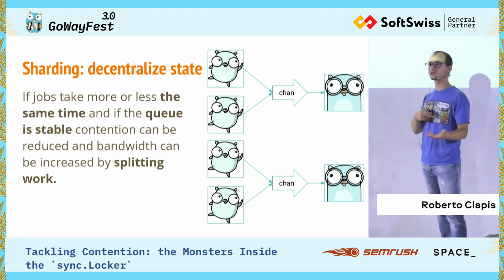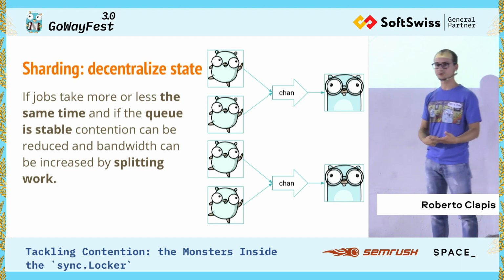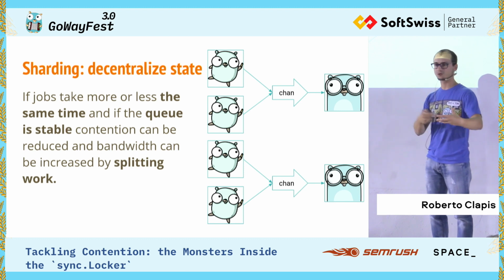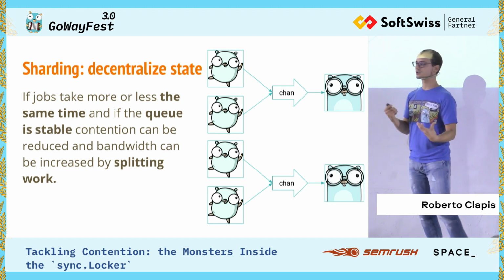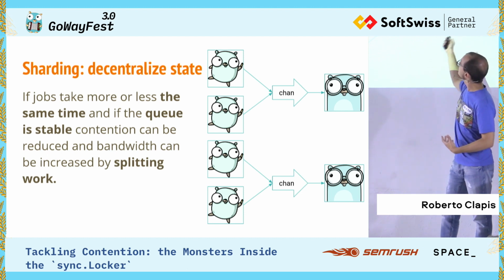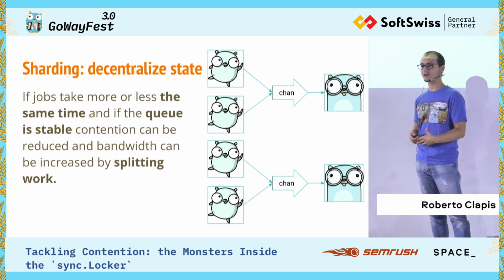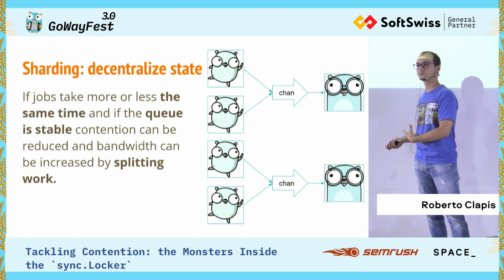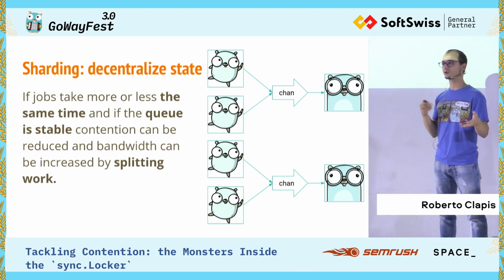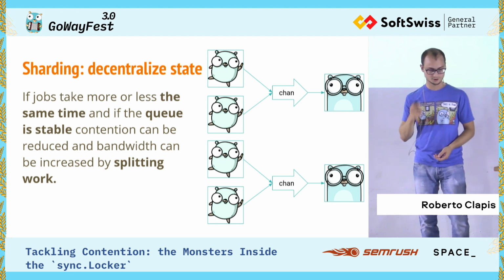This is common, especially, for example, in HTTP servers. You just get the job. Every HTTP request is going to consume the same amount of CPU, so you can reason about it. If your workload is very not well distributed and some routine can take more time, do not use this approach. But the nice thing about this is that one entire cluster could go down, and you can load balance on the others. And the other nice thing is that you contend a lot less. If you see that you are contending too much, you put down 4 of those, and you have divided your contention by 4. It's just a constant, and you can just take off your runtime cost.